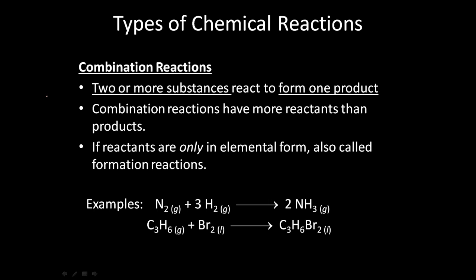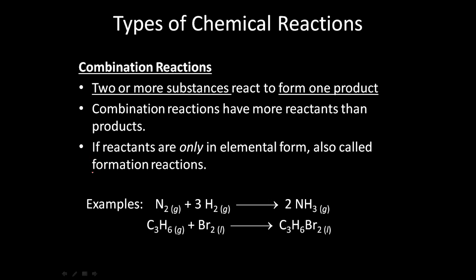to form one product. Okay, so what we see down here is substance A, nitrogen, or molecular nitrogen, and molecular hydrogen going to form ammonia. This is a combination reaction because we have two species, 1 and 2, going to form a third species here. So combination reactions have more reactants than products. This is always true. One of the important things, and this will be important once we get to chapter 6,